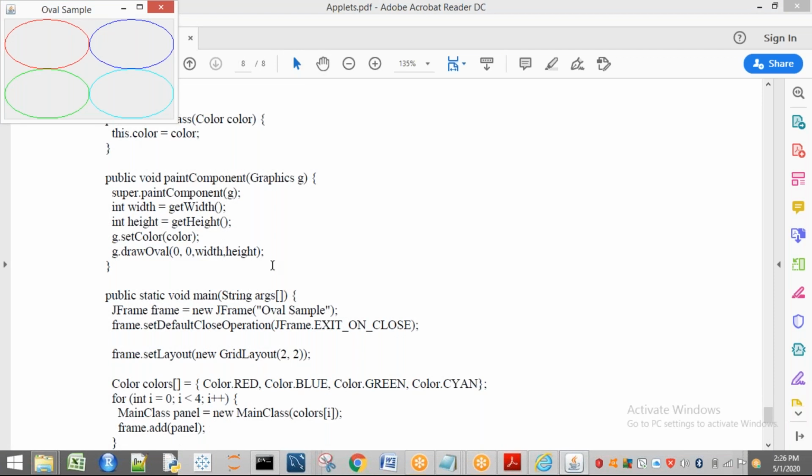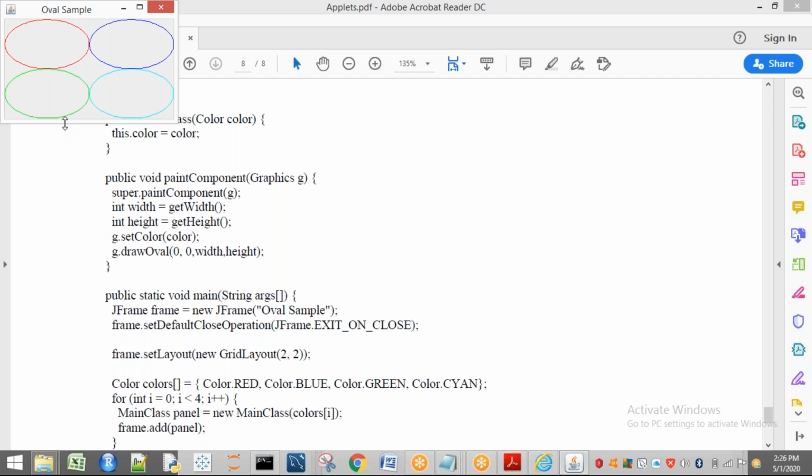Sir, you will get it out. Why are we getting only this 2 into 2? Because I have given 2 into 2 only. See here, up to here only we can use. This small area I cannot use. You can observe here, this area also I cannot use. This space also I cannot use. This is going to be inspected by our getInsets method.